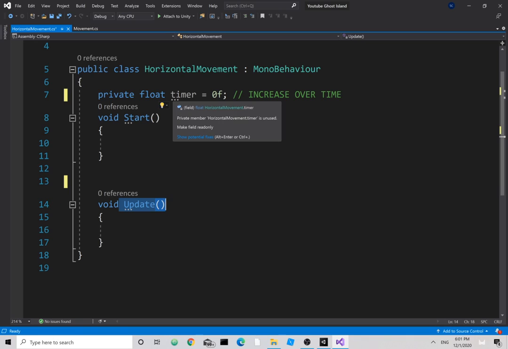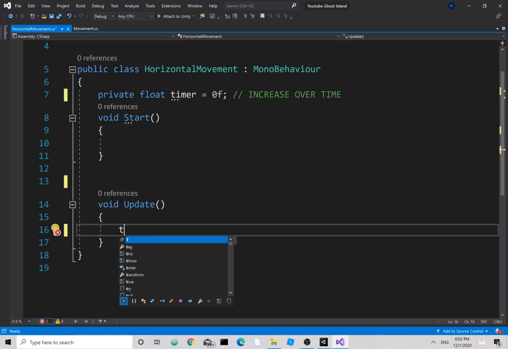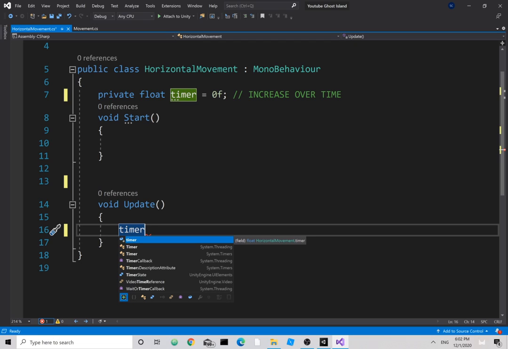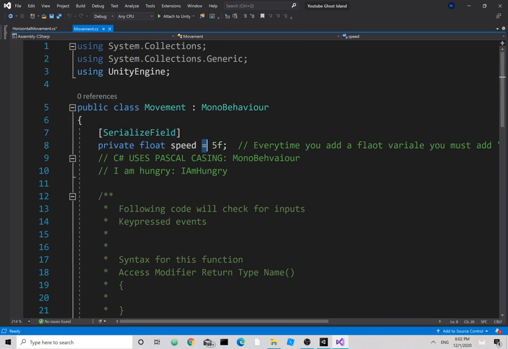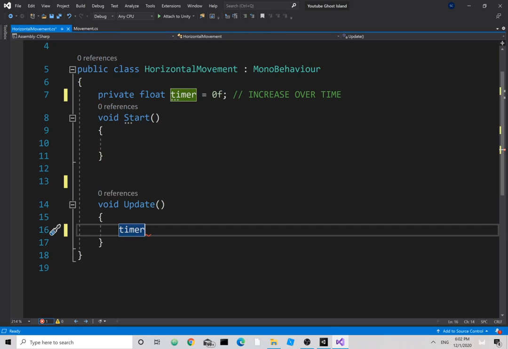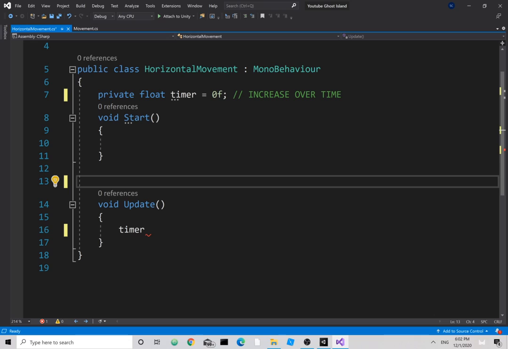So what I'm going to do is increase the value of timer. I'm going to come here to timer, and this gives us an opportunity to learn about operators. Operators are, we have actually used an operator in the movement script, that is the equal sign. That is an operator as well. It allows you to assign values. Today what we're going to do is we're going to learn about